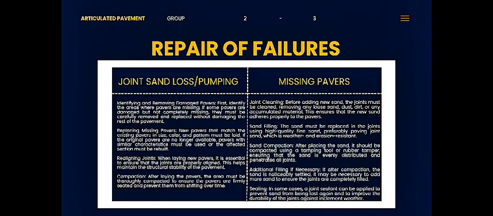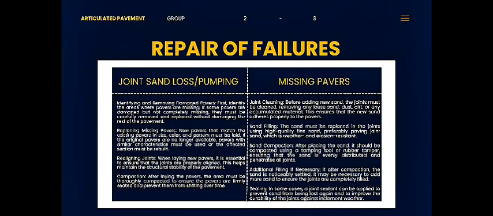Repair of failures: joint sand loss, pumping. Identify and remove damaged pavers. First, identify the areas where pavers are missing. If some pavers are damaged but not completely missing, they must be carefully removed and replaced without damaging the rest of the pavement. Replacing missing pavers: new pavers that match the existing pavers in size, color, and pattern must be laid. If the original pavers are no longer available,